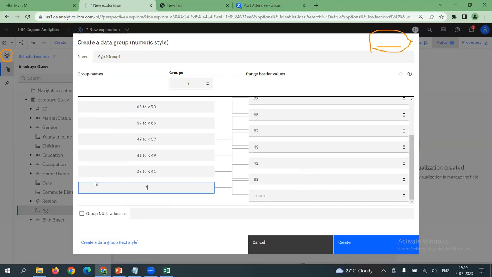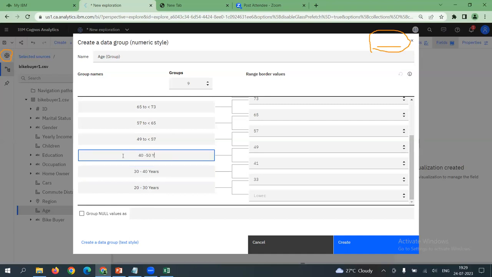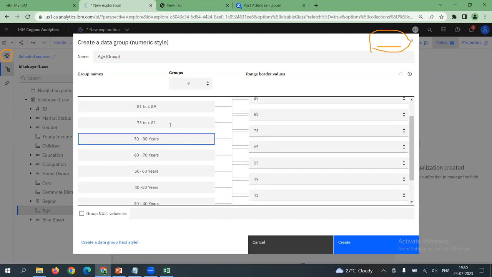Now we are trying to fit those age groups. I have taken 9 class intervals here for my convenience. You can take as many as you want, participants. 20 to 30 years, 30 to 40 years, 40 to 50 years, 50 to 60 years. So you can keep creating your class intervals for the ages. This is like frequency class intervals in statistics, we call. You're binning the data into class intervals, 70 to 80, 80 to 90 years, and finally 90 to 100 years.